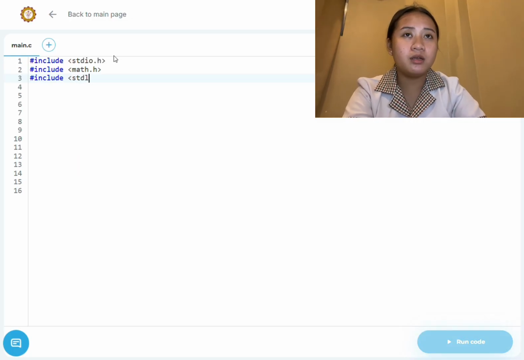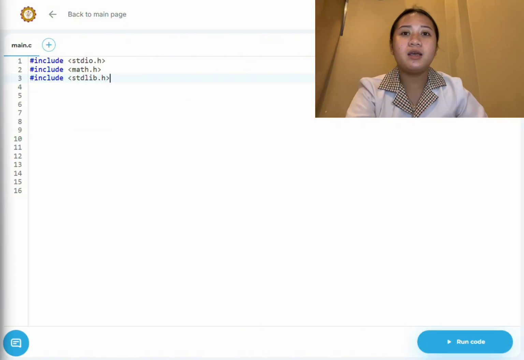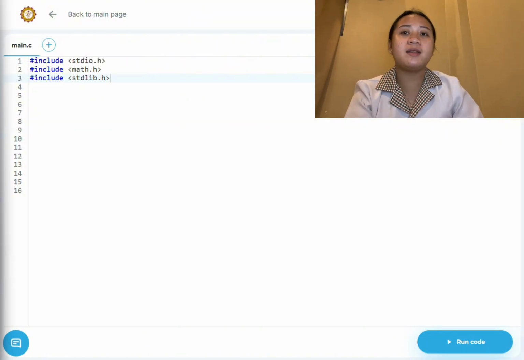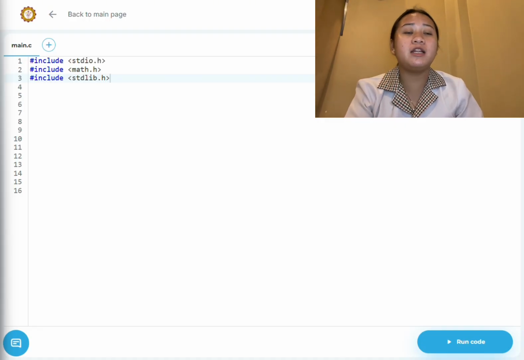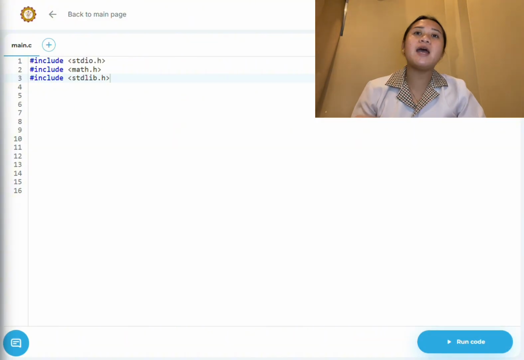standard library.h. So this standard library includes the standard general utilities library, which provides functions like exit and general utility functions. Although it's not strictly necessary for the functions used here, it is a common inclusion. So these lines tell the compiler that 5 functions are defined later in the code and what their return